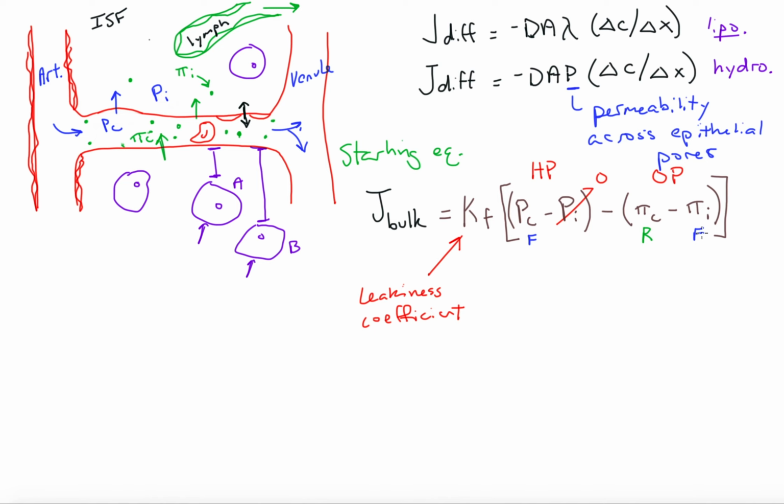Okay, well, to figure out how much water and small solute is moving in response to these pressures, we could just graph it basically, right? And so the one thing, and again we talked about this previously, is if we graph the hydrostatic pressure from the inflow end to the outflow end, it falls. Remember, that's absolutely true in all pipes, right? As fluid flows through a pipe, its pressure falls due to friction with the walls, right? A loss of energy. And so that force is going to go down, down, down, right, as we move